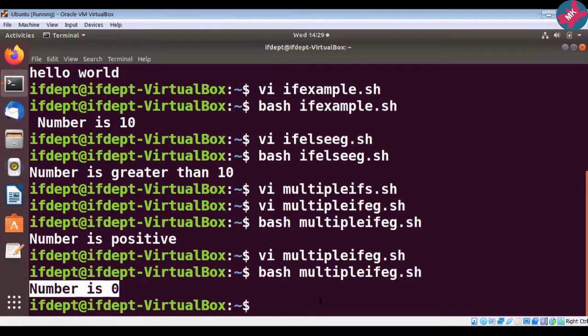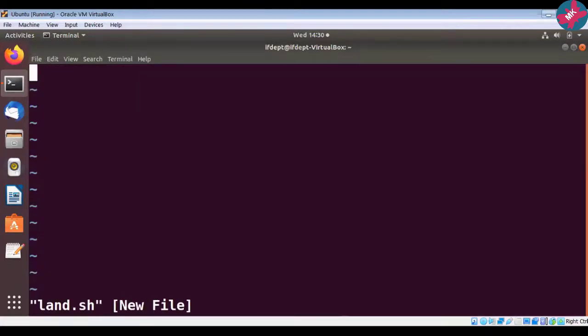So these are the examples of if statements. Now I will take one simple example for using the logical AND. Say suppose I will create one simple program. So let us say ln.sh. Press enter.